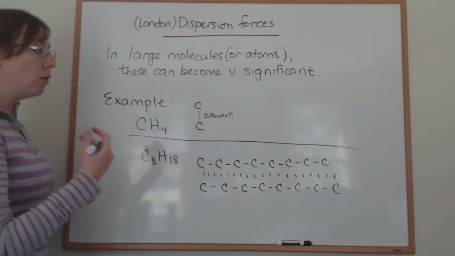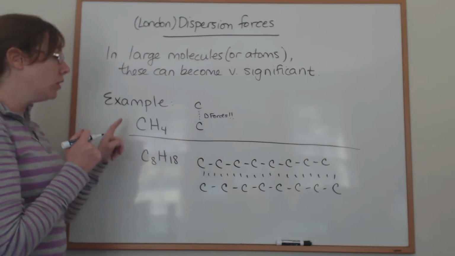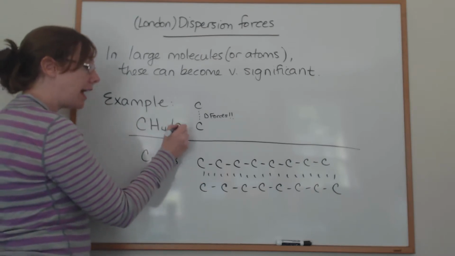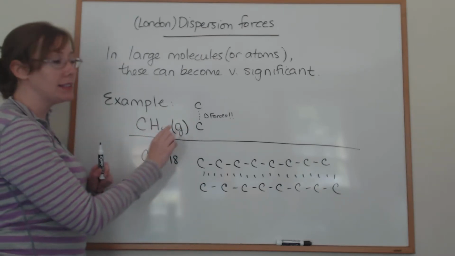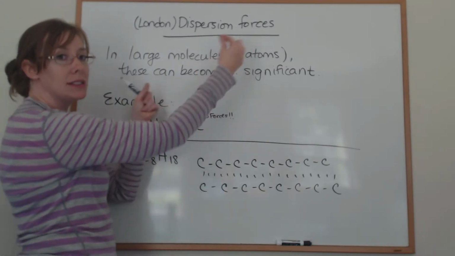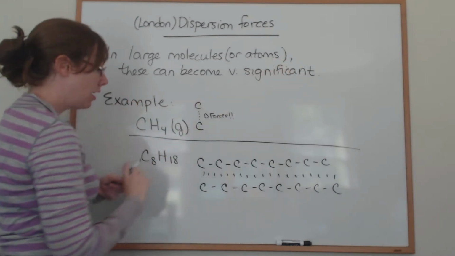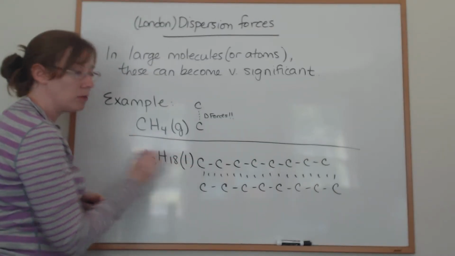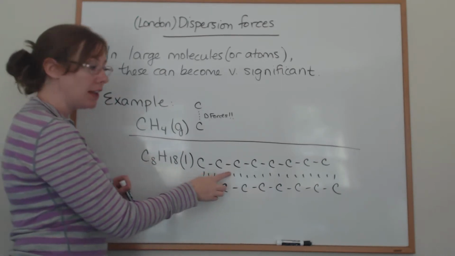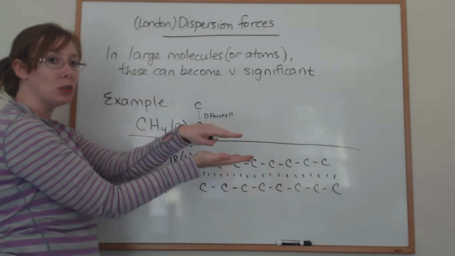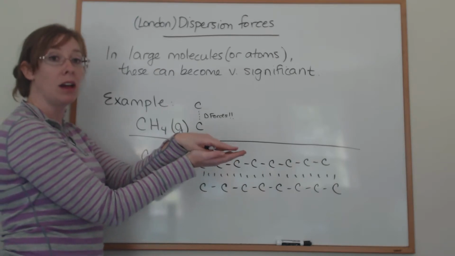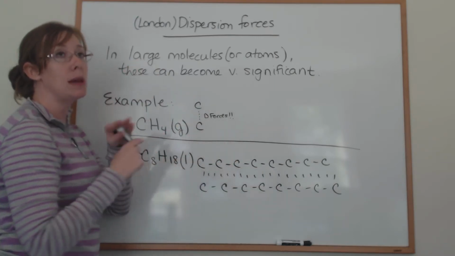Now, why is this significant? Well, if you look at the phases of these two species at room temperature, methane is a gas. Why is it a gas? It's a gas because there's very little holding one molecule to the next, so they separate, and they're going to be far from each other. Octane is a liquid at room temperature. Why is it a liquid? It's a liquid because there are significant intermolecular forces holding the species together, so it stays in a condensed phase. And you would have to add heat, quite a bit of heat, to separate it out and turn it